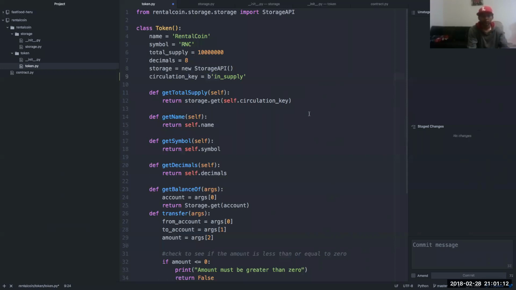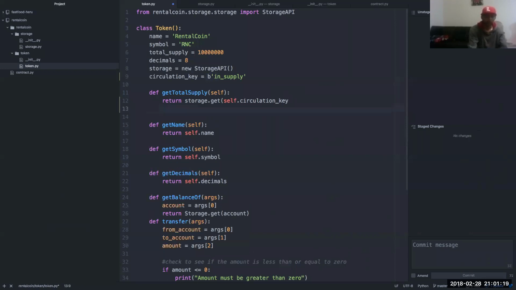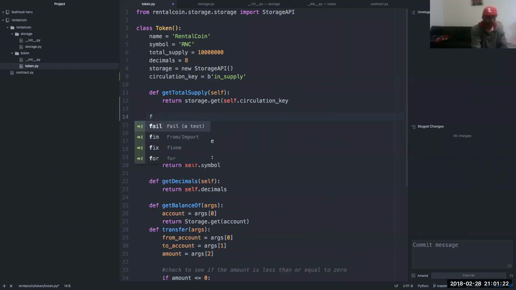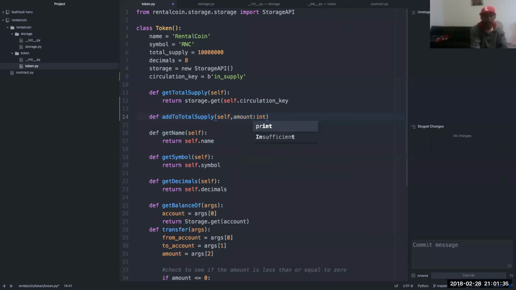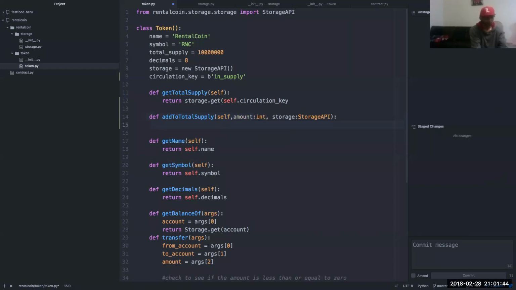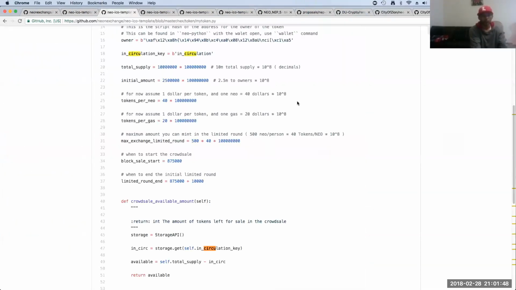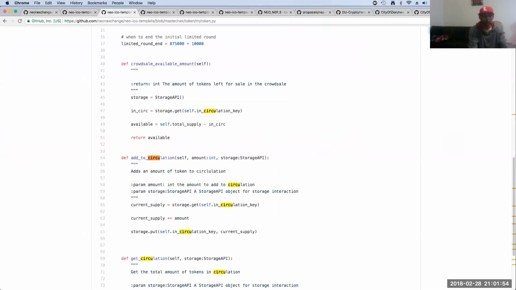Good balance of, good total supply. So we're gonna grab the current supply.